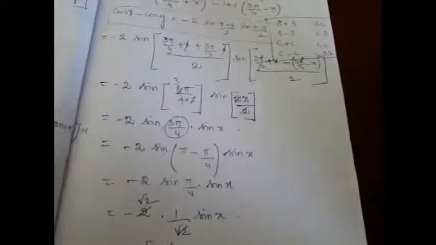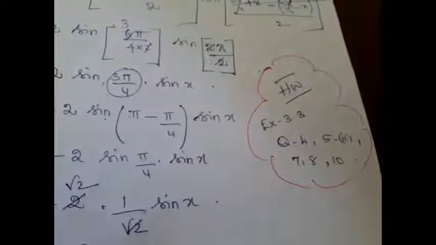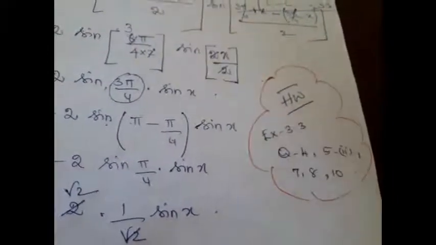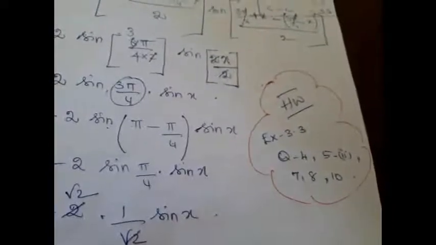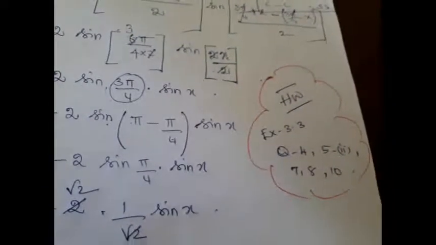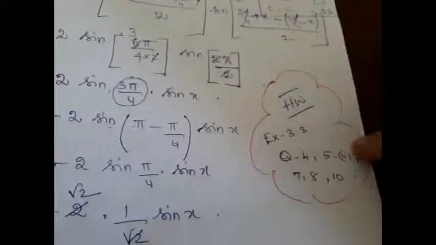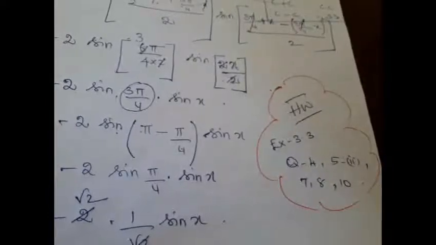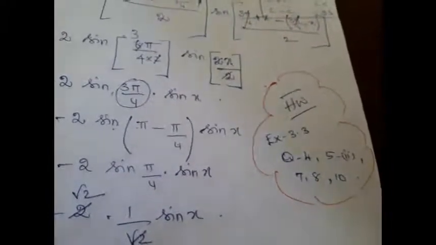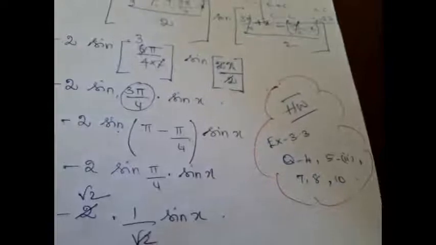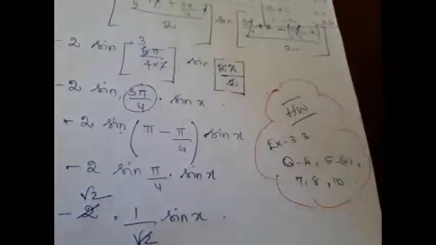Right? Hope you understood this problem. So with this, let us wind up today's class. As I told you, kindly learn by heart all the identities, all the conversions, sign conversions, everything. Then only you can do these problems in an easier way, or else you will struggle a lot. So again, I'm telling you, after doing all these problems as homework, learn all the identities. I'm planning for a live test on Saturday if possible. I'll confirm the timings and all those procedures later. So read all the identities, right, and do these problems as homework, and if you have any doubt, contact me.